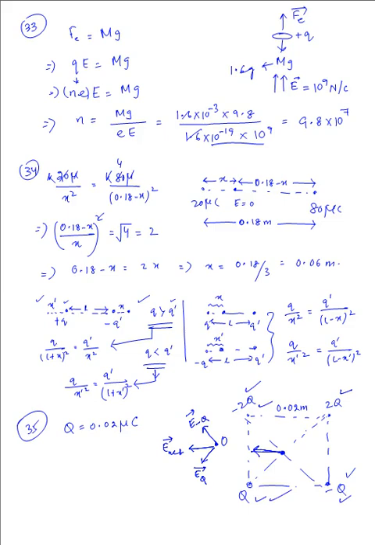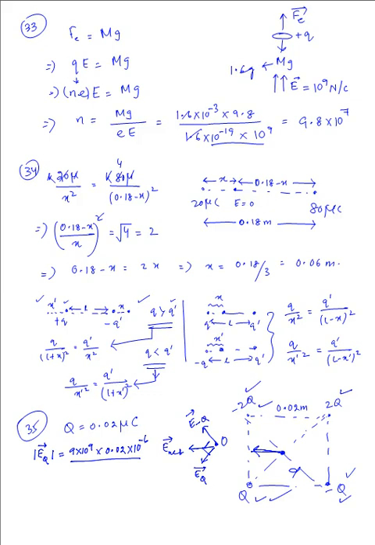Now, the only thing is that we have to determine the net field. The angle obviously is 90 degrees, so it is going to bisect that, 45 and 45 each. What we want to obtain is E minus q or E plus q; you take the magnitude of either of them, that's going to be the same. So let's take E plus q, which is equal to kq over d squared. So k is 9 times 10 raised to the power 9, q is 0.02 times 10 to the power minus 6, and the distance over here is 0.02